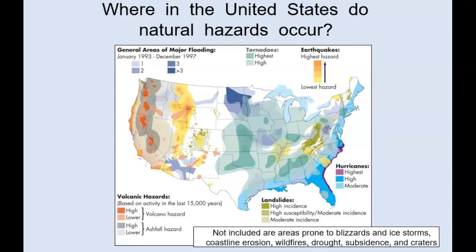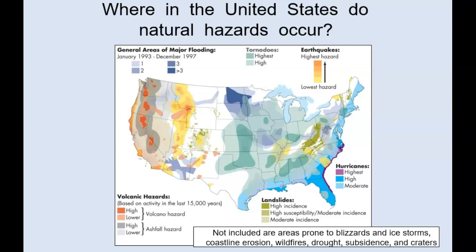So also in the Midwest, you can see a little bit of flooding, again over here, but the Midwest itself is mostly prone to tornado activity, as we're seeing here on the map. And that has to do also with atmospheric conditions and also with topography mostly. So all of these natural hazards we'll look at in detail as we go through the course. So don't worry if I'm going kind of fast and maybe you're not getting the full gist of it. We'll look at them in detail as we go through the course.